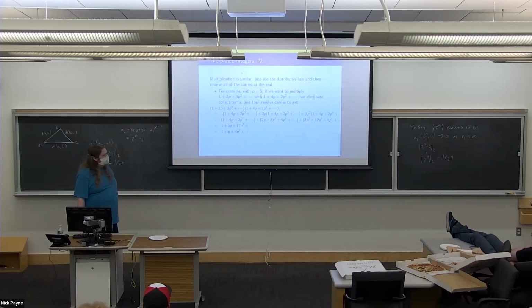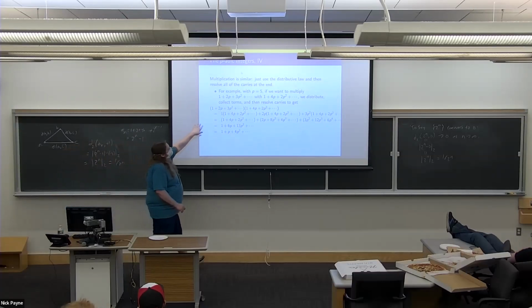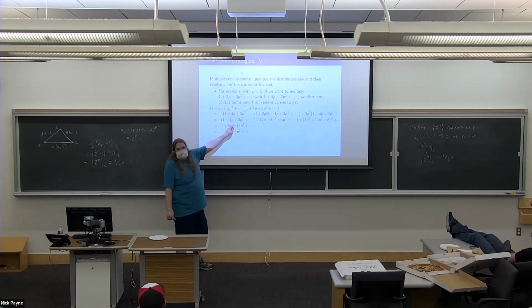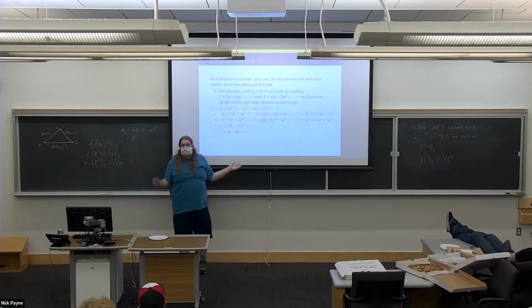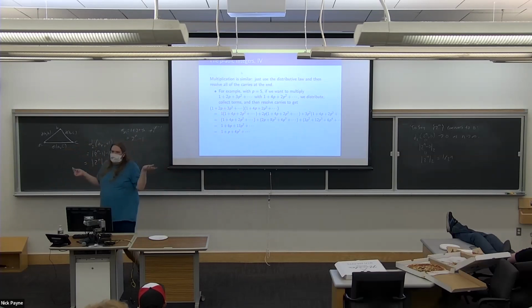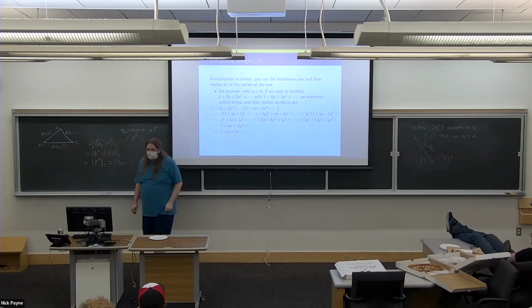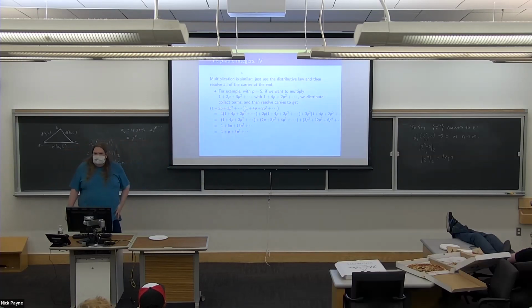All right. Multiplication is similar. It's just more annoying because you do the distributive law and then you maybe have a ton of carries. I was going to do a slightly longer example and display it up here, but there's a finite amount of room on the slide and it started overrunning the edge, as you see. But the point is, let's say I want to multiply out these two P-adic power series. I take the first one and multiply it by the successive terms of the next one, distribute everything out and collect terms. It's like multiplying out polynomials or other power series. The only extra step at the end is that I have to do all the carrying if I have coefficients that are bigger than P. Okay, so that's what the P-adic integers actually look like.